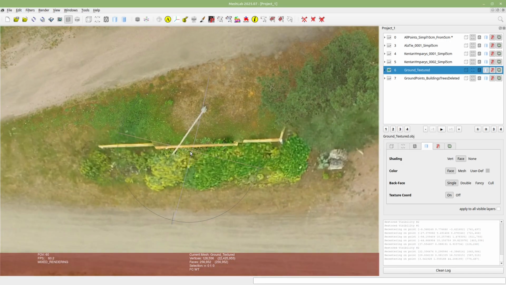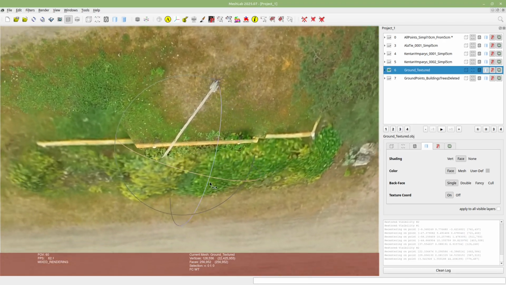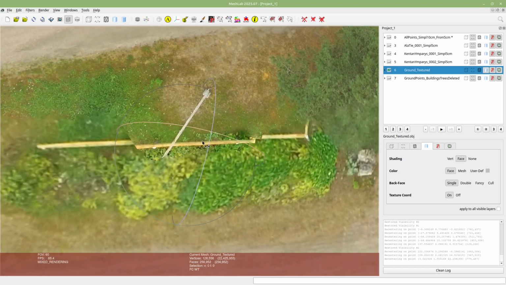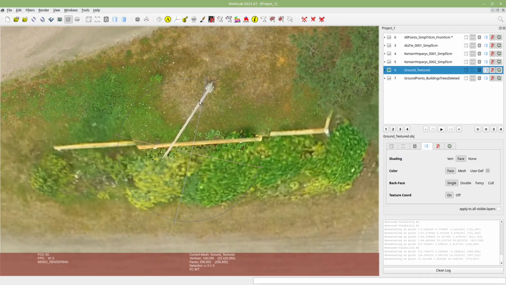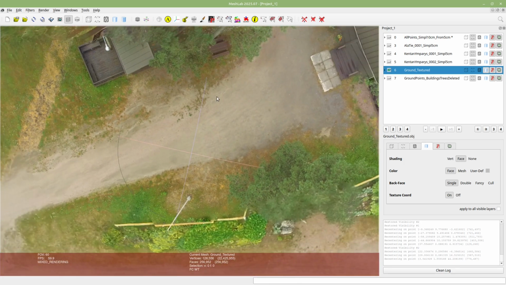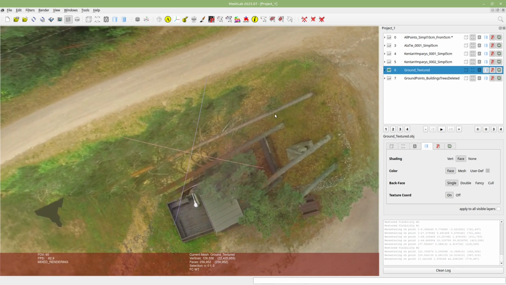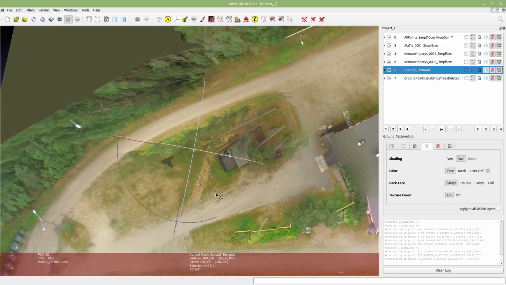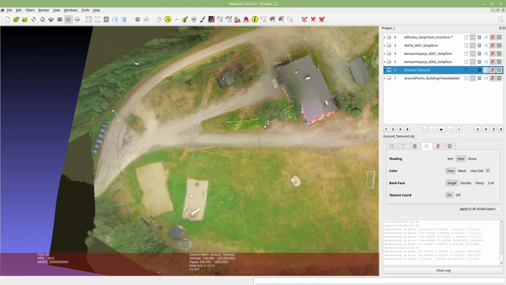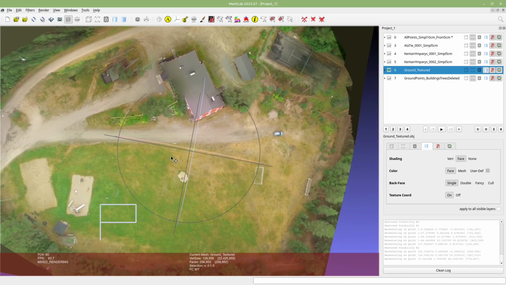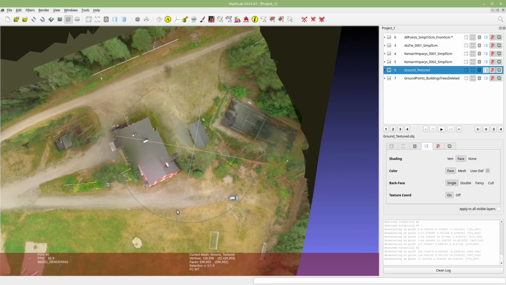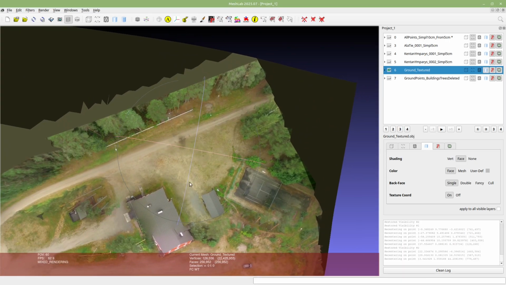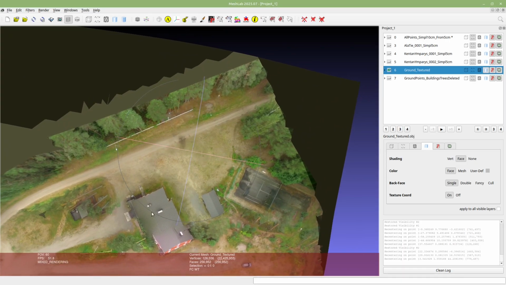But still, as said earlier, there are some discontinuities and such here, and also this flagpole is projected onto the ground, and yes, these trees are also projected here on the ground. So I just didn't take enough pictures to cover all angles here. So that's one lesson learned from this project.